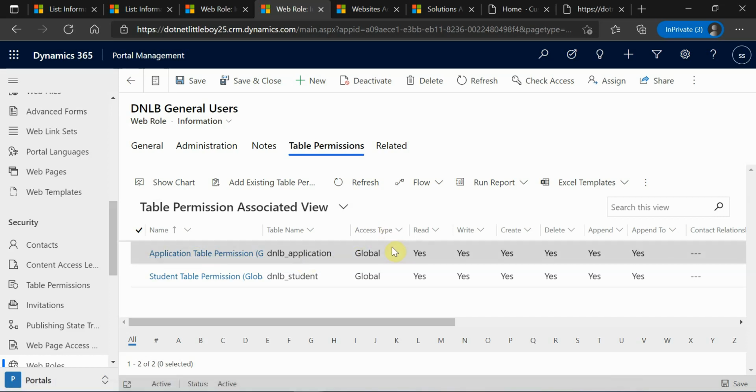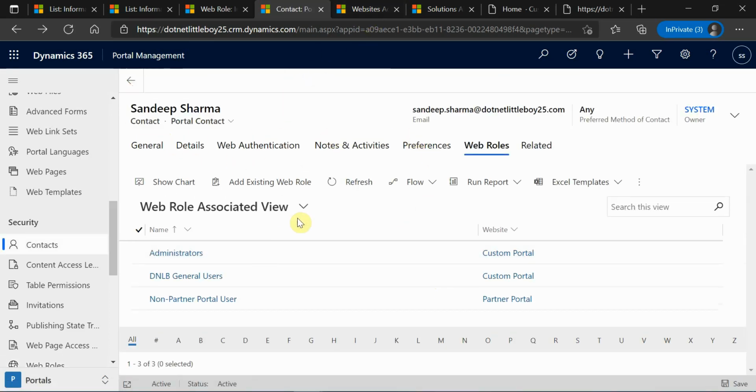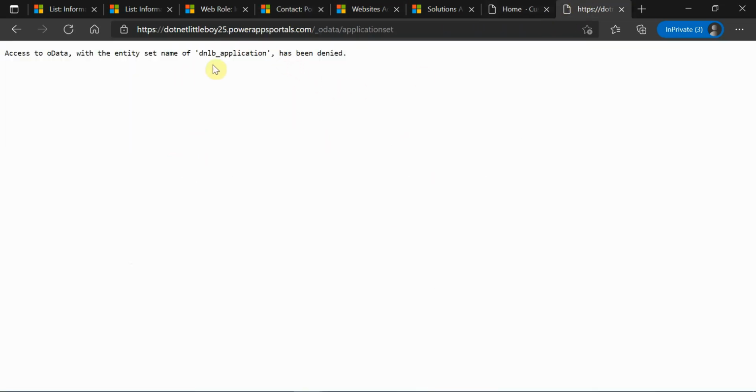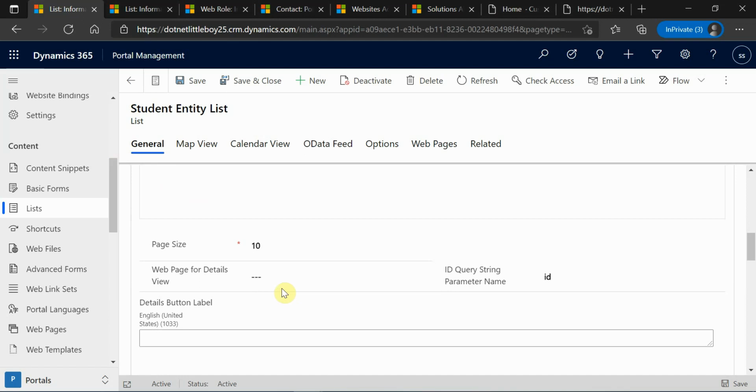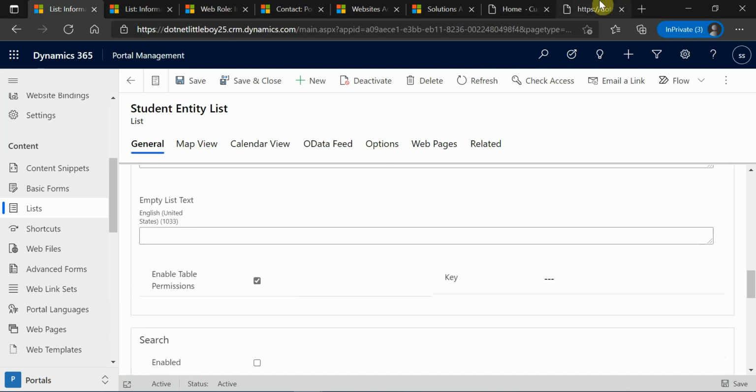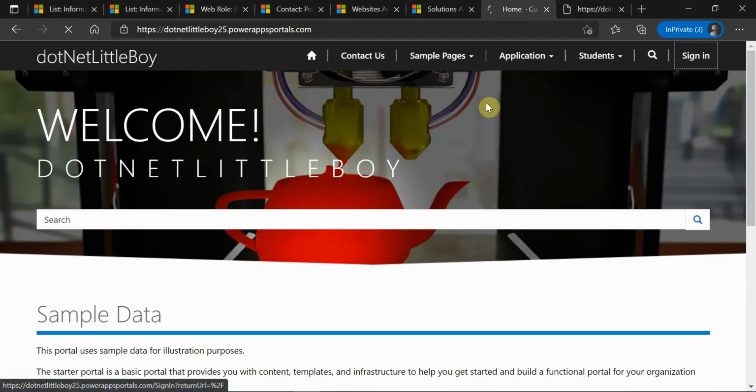It has the global access type, and it has all the privileges assigned. So with this permission, when I log in with this contact, I should be able to access the records of this application and the student also, because for the student also the table permission is enabled. So I'll try to log in here.